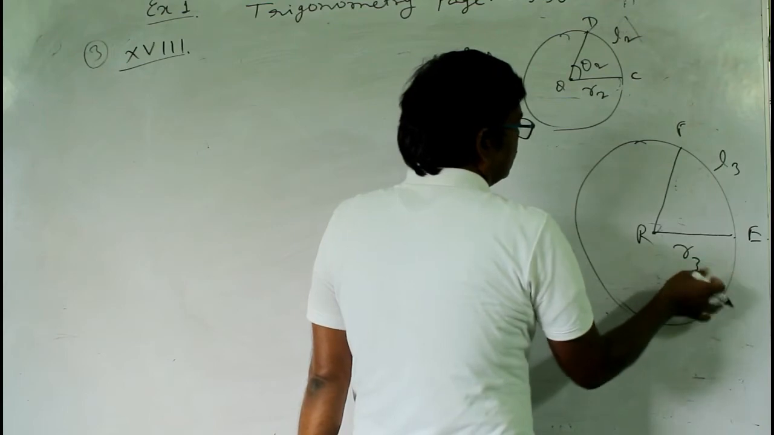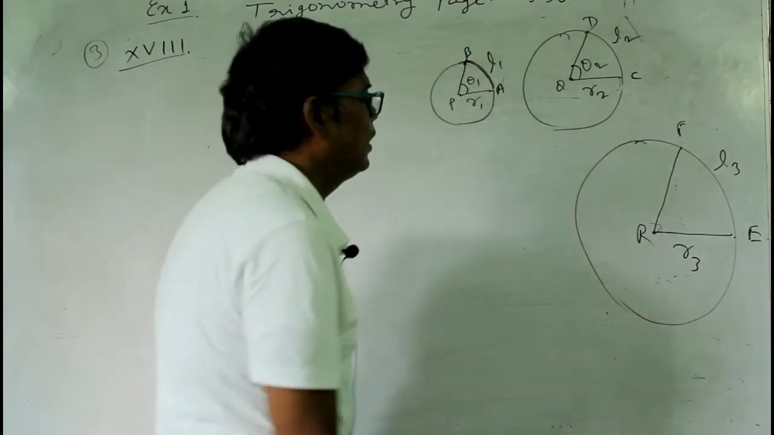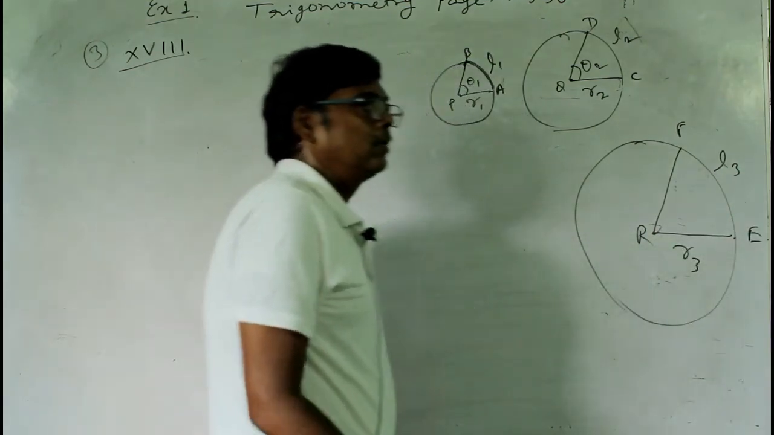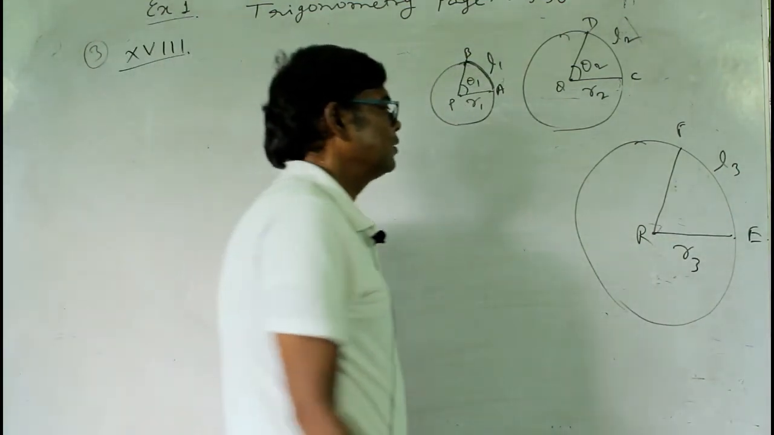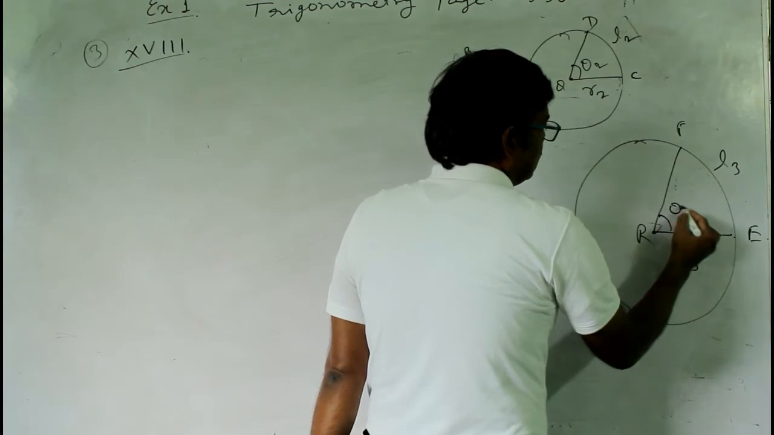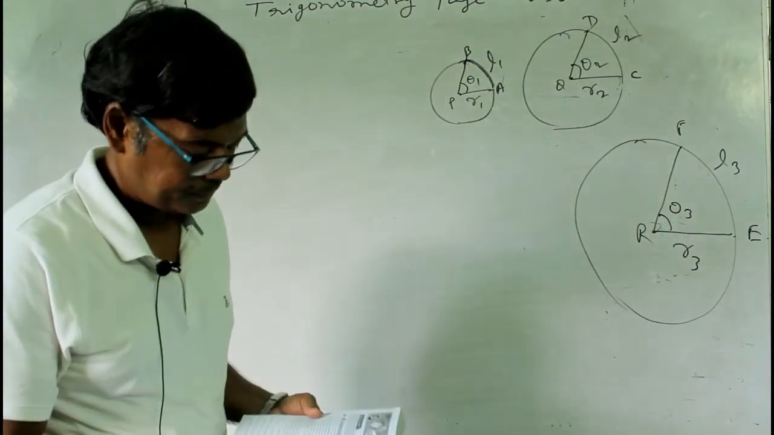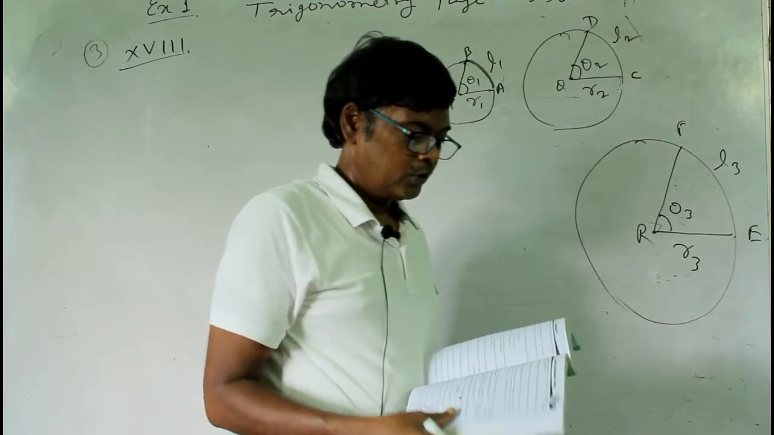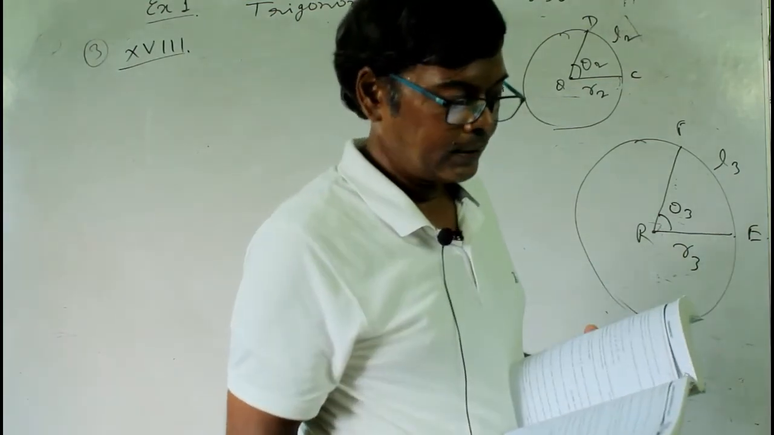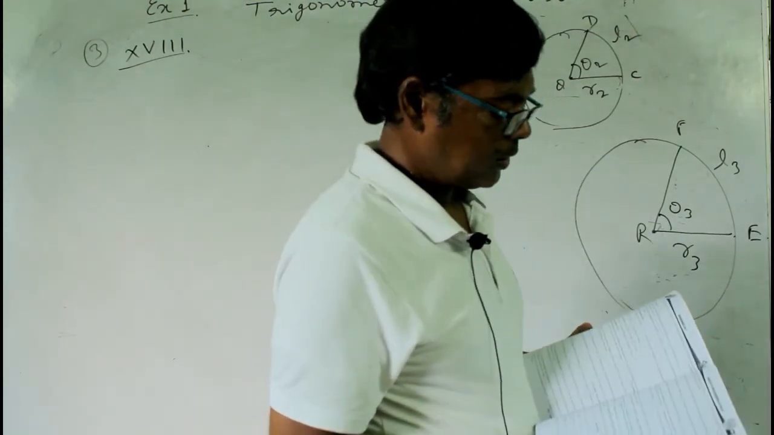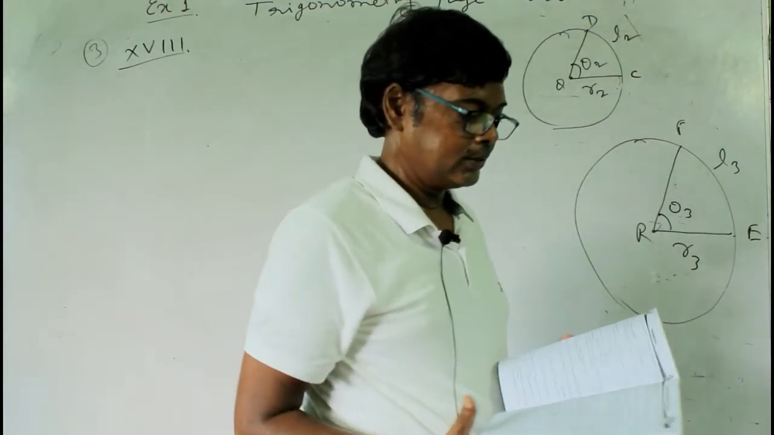And here this is another circle, the third circle, in which the radius is R3 and the length of the arc is L3, and this arc subtends angle theta 3 at the center. Okay. Now the question is: prove that the angle subtended at the center by the arc of length